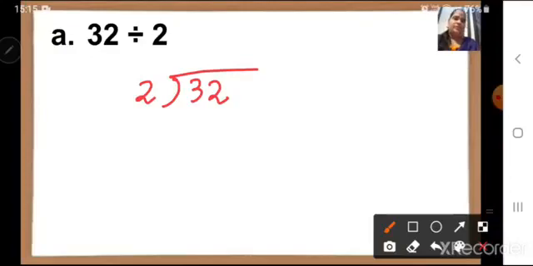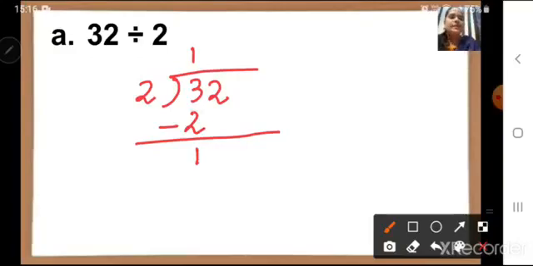Now let us divide. We will take the first number, which is number 3. Now number 3 is greater than the divisor. That means we can divide. So in 2's table, when number 3 will go? It will not go. Correct? So we have to find a nearby number, which is 2 ones are 2. So 2 ones are 2. Then put a dash. Now we have to subtract. 3 minus 2 is 1.